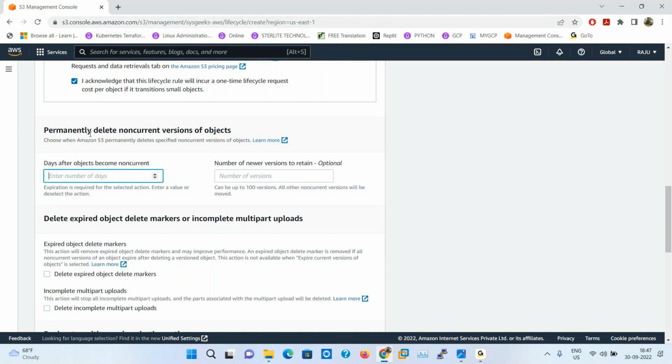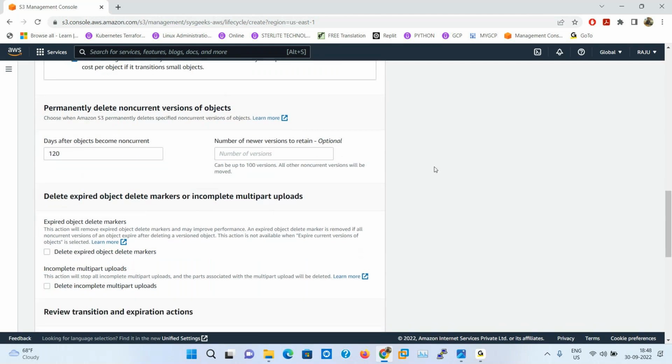The other option is permanently delete non-current versions of objects. After 95 days, or see that the integer value must be greater than 90, because the last action is 90. So after 120 days, then permanently delete non-current versions of objects.